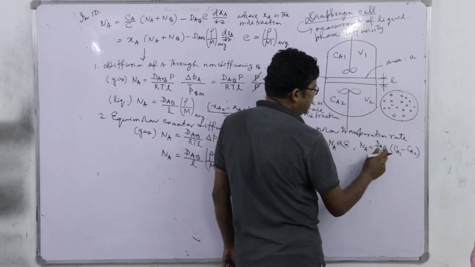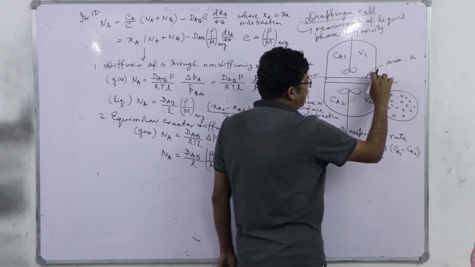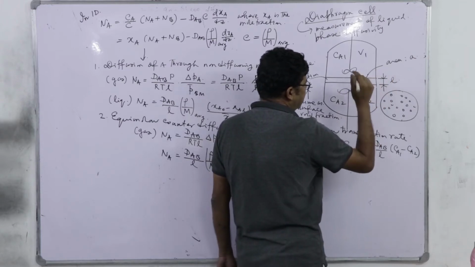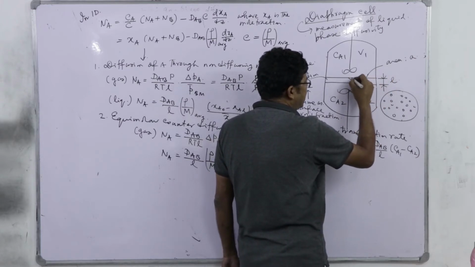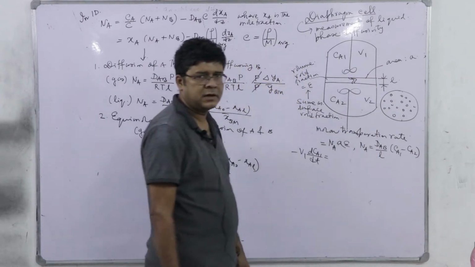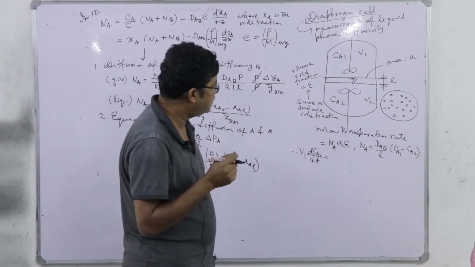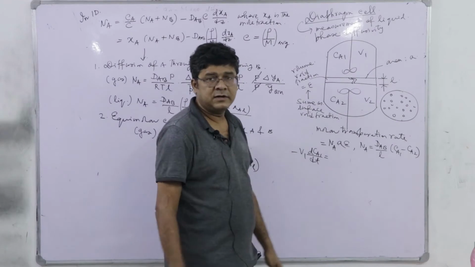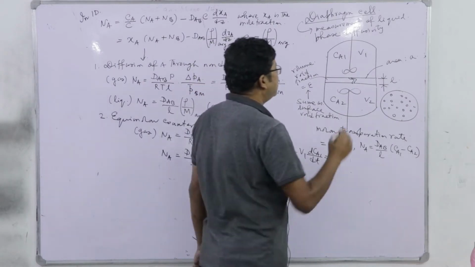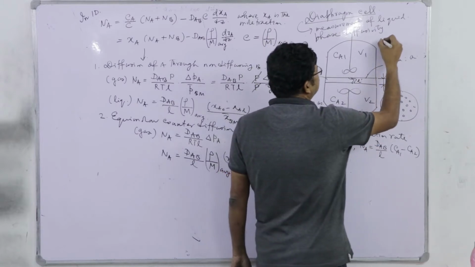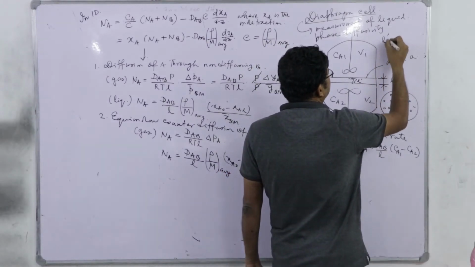Now, regarding L, L is the actual path or actual thickness of the diaphragm. However, a pore may be like this, right, a pore may be like this. So, its path length is much higher than the thickness of the diaphragm. So, here we have the pore length, if it is L prime, then L prime by L